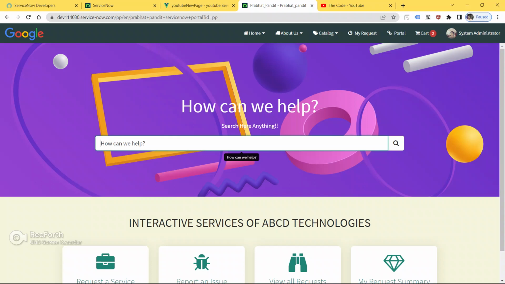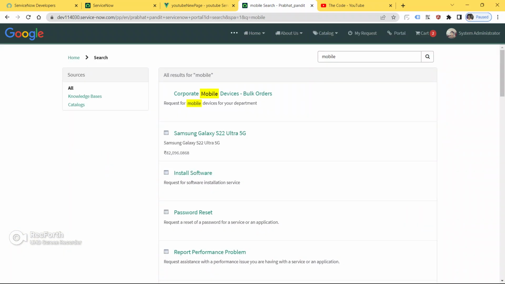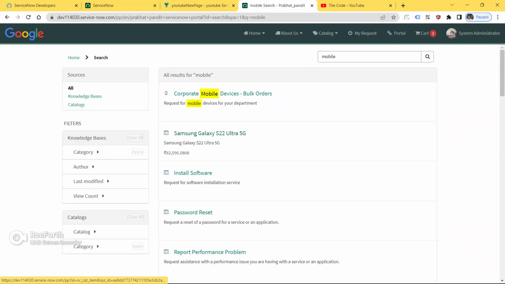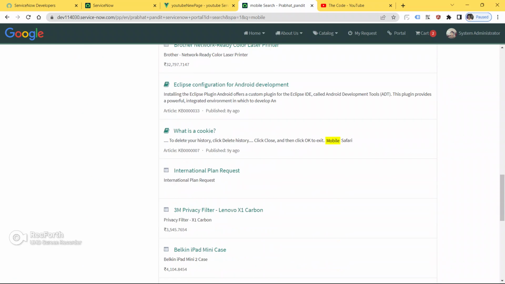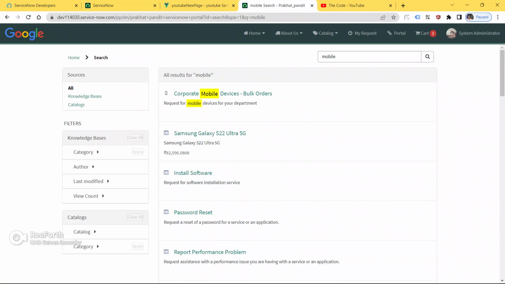Okay, so let me show you this search works 100%. So let me search something like mobile. Okay, let me click search. So see guys, now we got some kind of search result from the previous page.